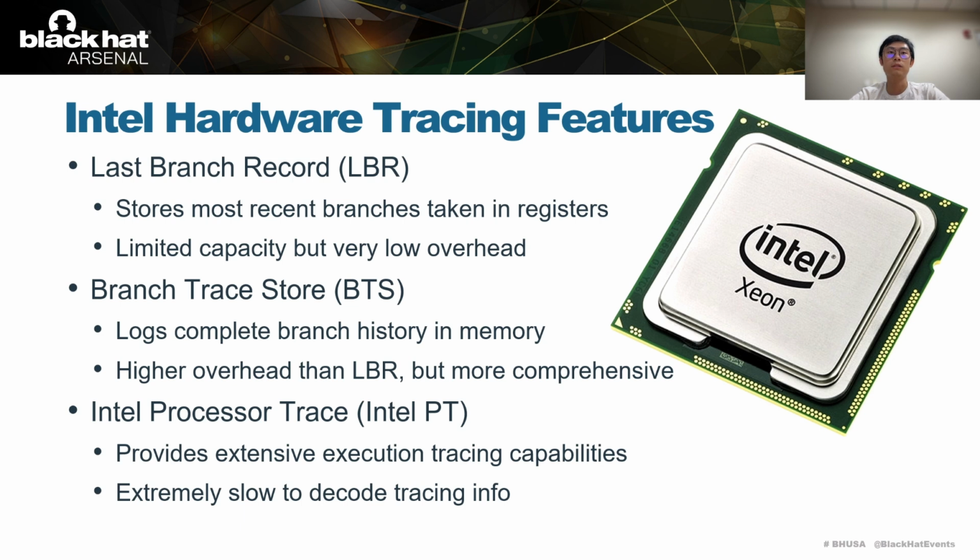The next one is the extended version of the LBR, the branch trace store. It also has the same branch trace history as the LBR, and it logs the complete branch history in memory rather than in registers. Therefore, it has a little bit higher overhead than LBR, but thanks to the TLB, it's not that much overhead, and it can provide a more comprehensive and customized approach for the branch history, because you can customize your memory space to 1 gig or 2 gig or unlimited space if you can provide it on your servers to record the whole branch